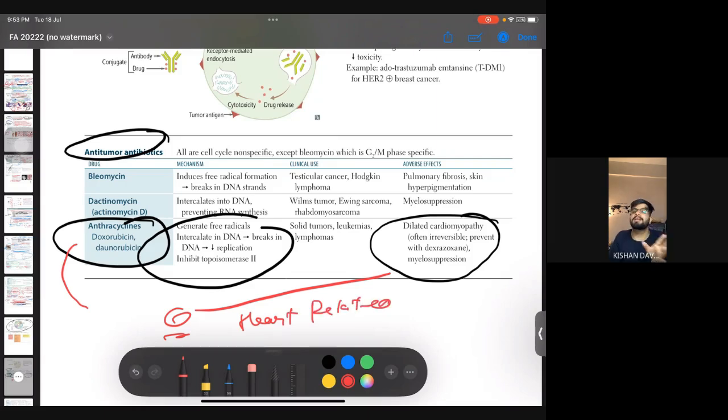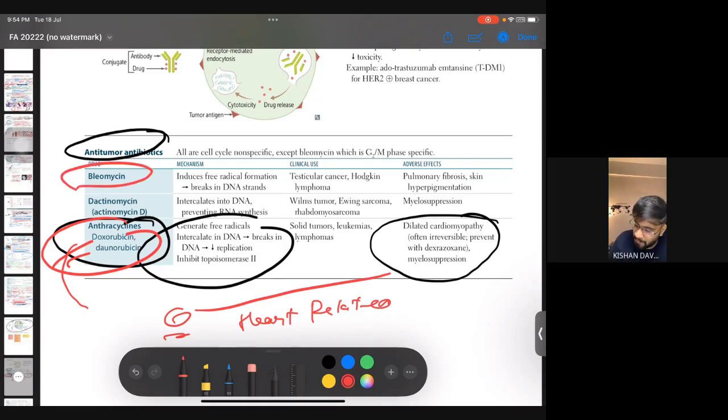Okay, it's not necessarily dilated cardiomyopathy. It can be anything. Heart related, whatever you see, straight away go for this. And if they have given this and in the options dilated cardiomyopathy is not there, but anything else is given related to heart, go for it. Okay,